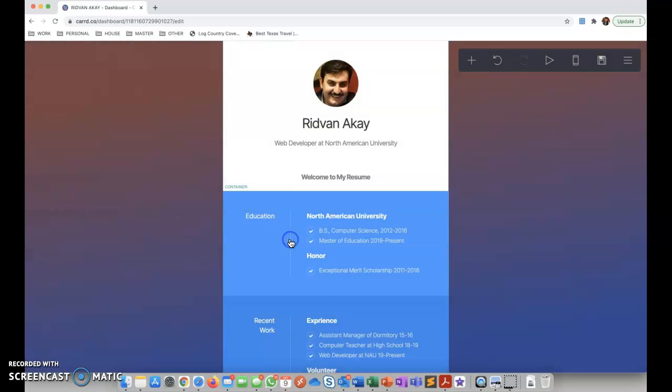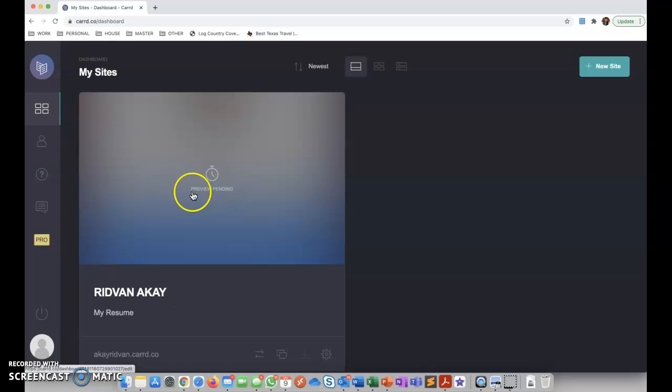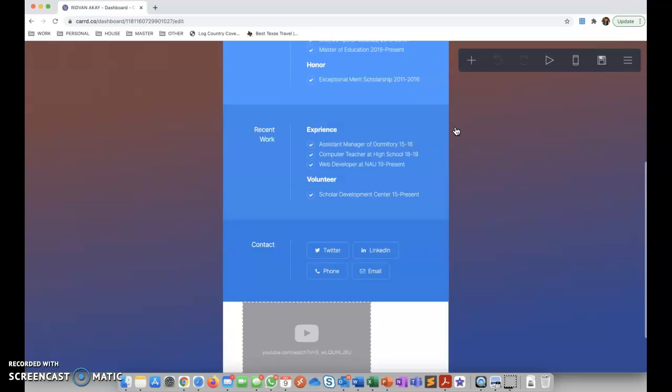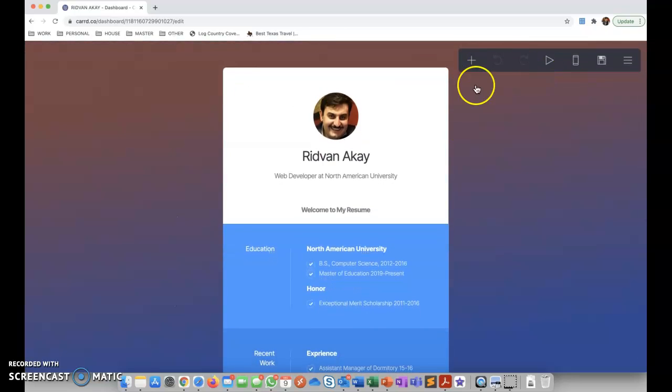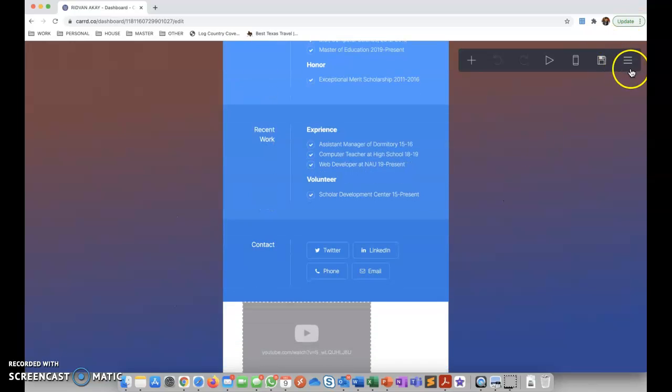Click OK and go to your dashboard and then click on it. You will see the changes. This is basically how we use Card.co. This is a really useful website, as I said, for one page websites or anything like